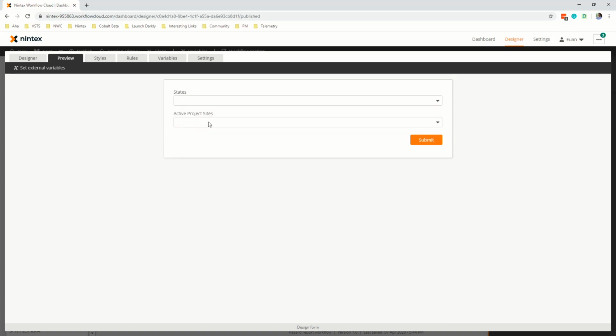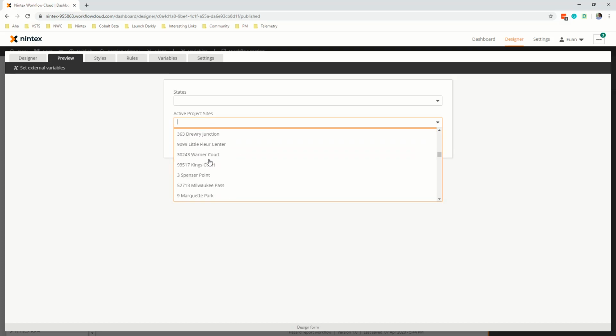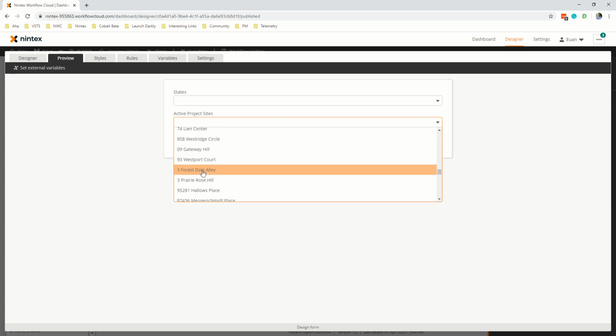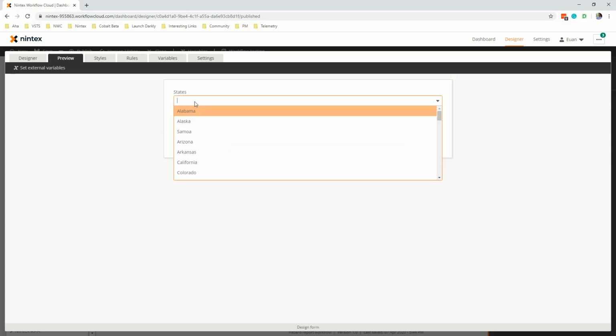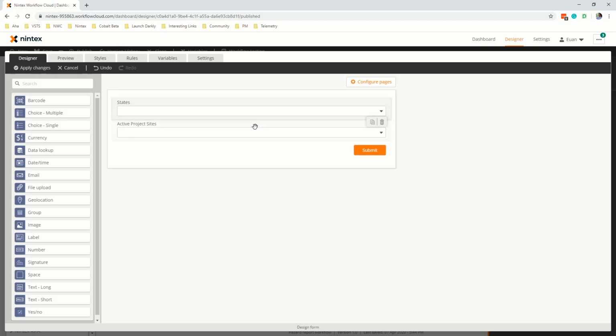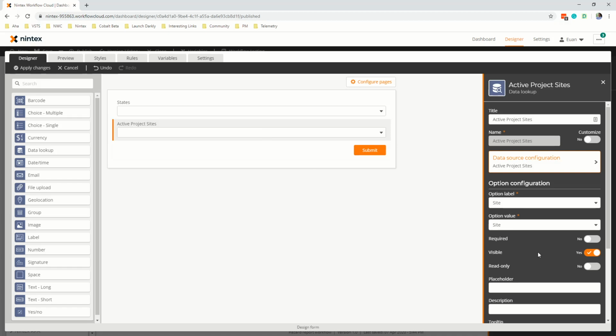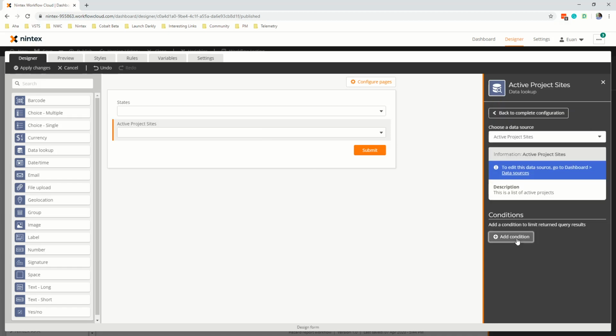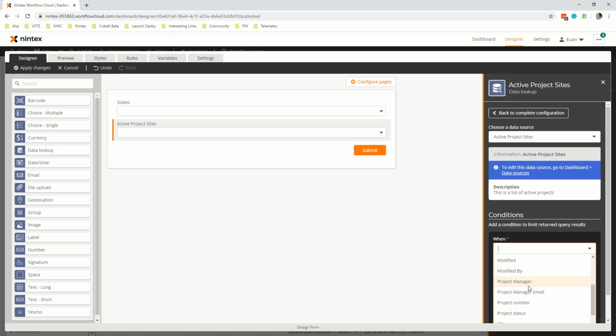And this one's still trying to get, oh there we go, 1,000 records back, so it's got a bunch of different things in here. So too many records for me to go and find the active project. And this is filtering active ones, not the completed projects as well. So I want to connect this one to this one. So I can go back to Designer, click on this one, and I can say data source configuration, select the configuration. So I say when